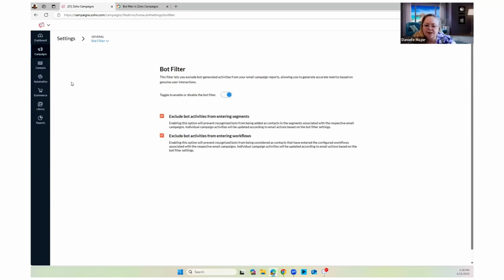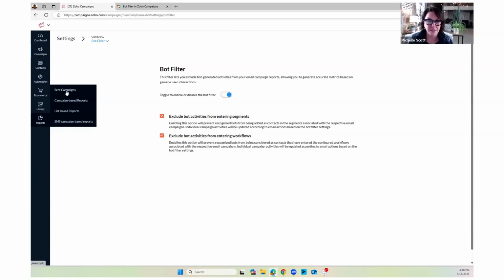It's there to separate the real human engagement from the automated items. So again, I don't see any real reason to turn it off. One thing I do want to mention though is I'm so happy with how quickly Zoho was able to get this out. We've had some kerfuffle over this recently, more clients calling and asking because people are putting